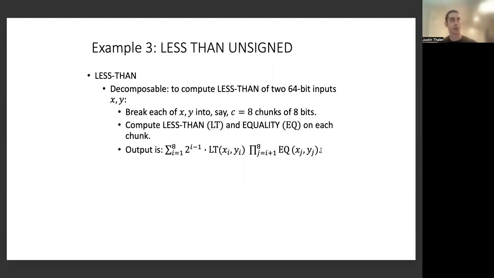Like if you want to know if X is less than Y, and in fact the high order chunk of X is greater than the high order chunk of Y, you already know the answer is 0 or something. So you don't even have to continue on to the remaining chunks. But if the high order chunks are the